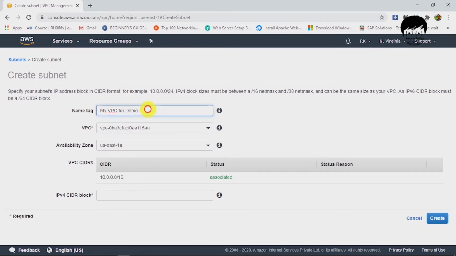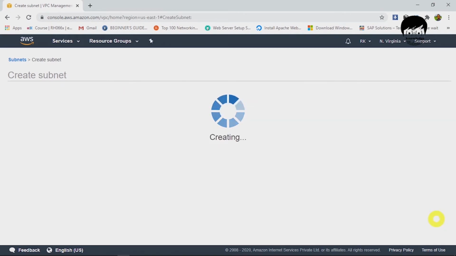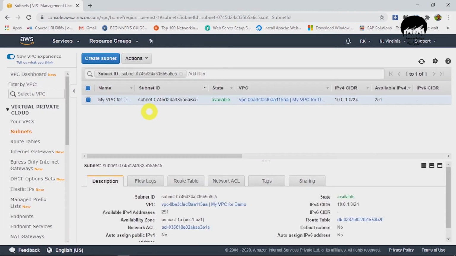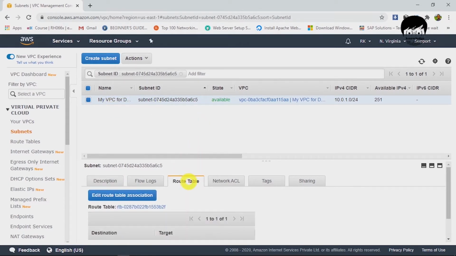And for availability zone I select US East 1A. Also for the name tag I am specifying that this is for my public subnet 1, or just public subnet. Now you have to select CIDR block as /24 because it's a subnet, and click on create. It will create the subnet for you, and you can verify by clicking here. Now you can see the name is already given because we mentioned it, and now we have to associate the route to our subnets.